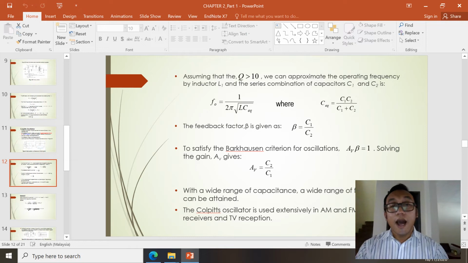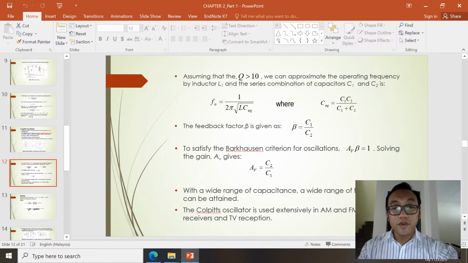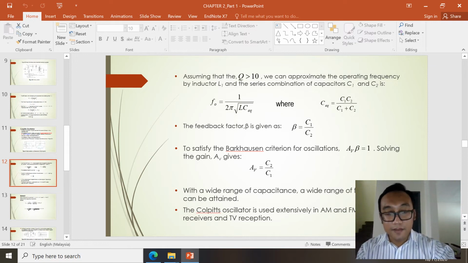And how big the carrier is depends on capacitor 1 and 2. What I try to explain here is that when we want to know how big the carrier is, we see the gain. So from this equation,